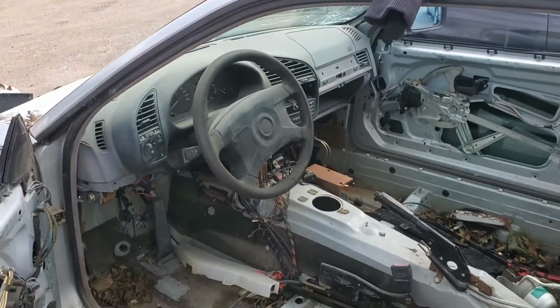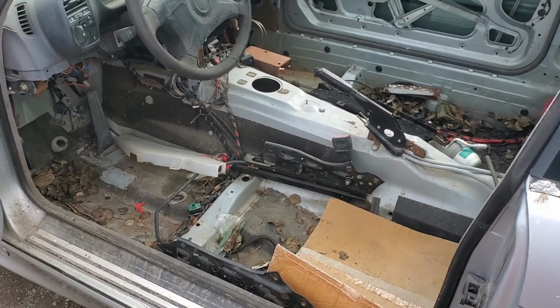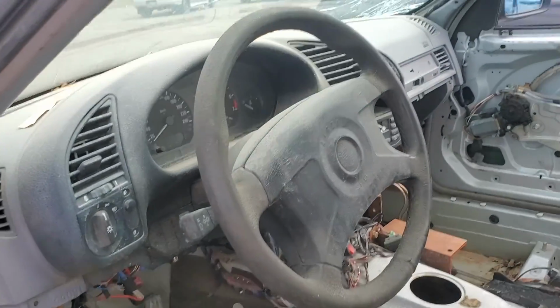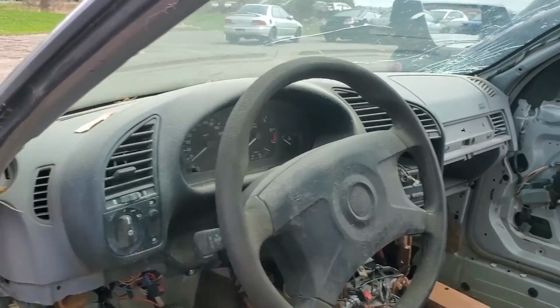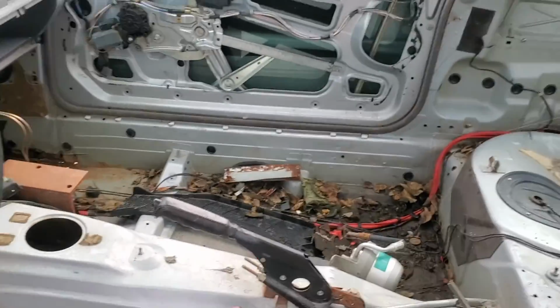So this is the interior. Yeah, that's what I thought exactly. It is rough. It did come with a dash, which I'm happy it did. I thought it came with no dash, but as you can tell, it's really dirty. It's been sitting outside for a long time. Inside,